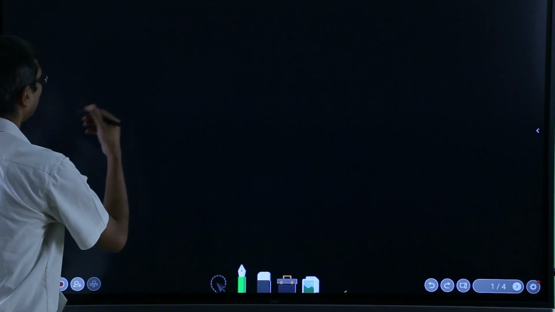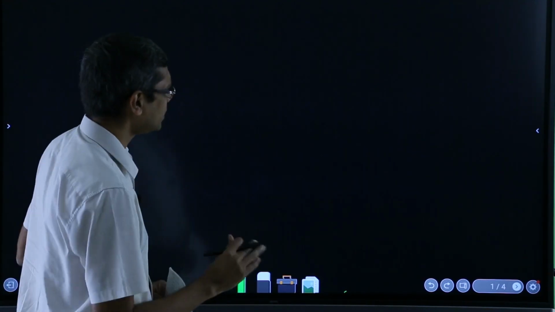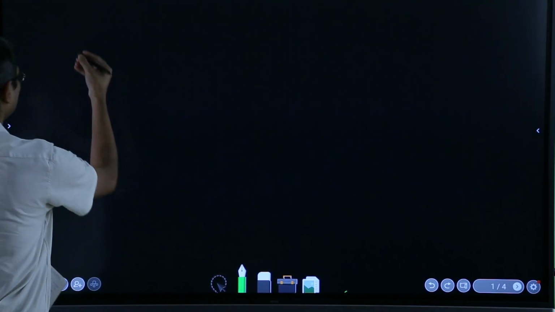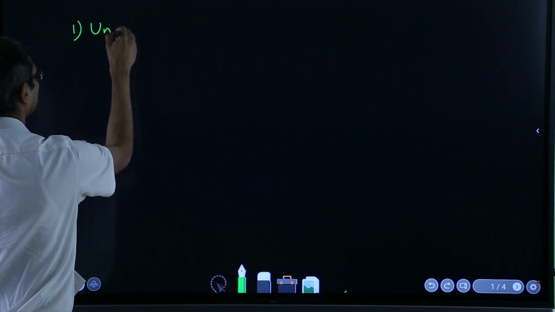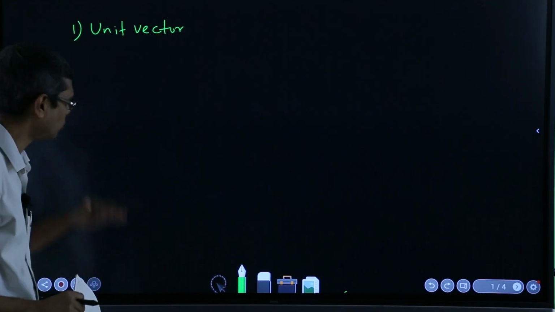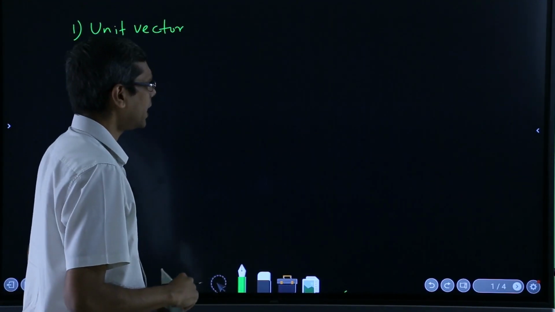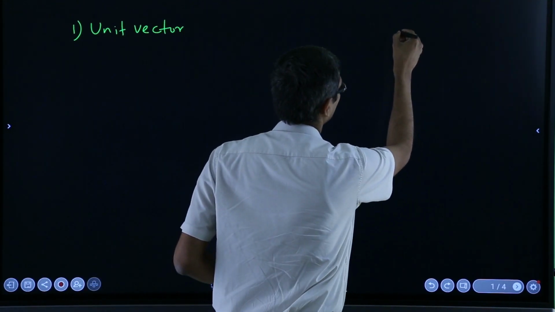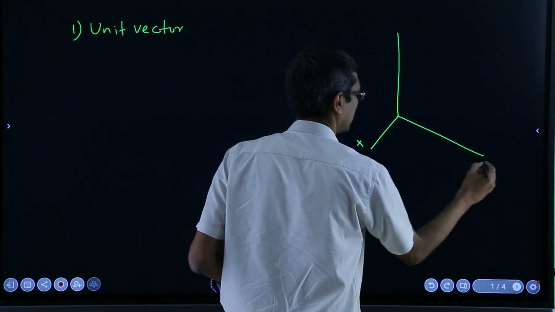Now, the first of them is the unit vector. Just for completeness I am saying that I am assuming that all of you know this unit vector, but just to make the list complete, exhaustive, I am writing it. And unit vector, how do you calculate that? So, given a particular condition,